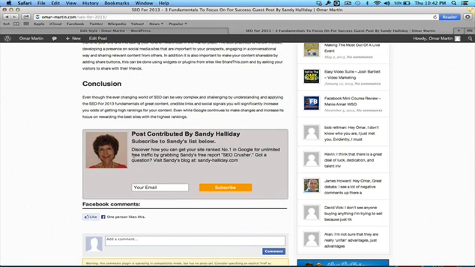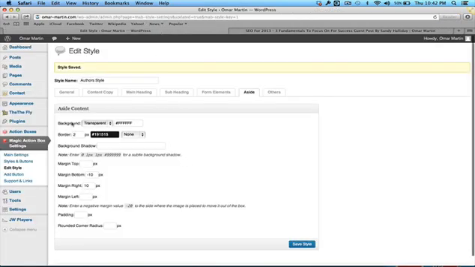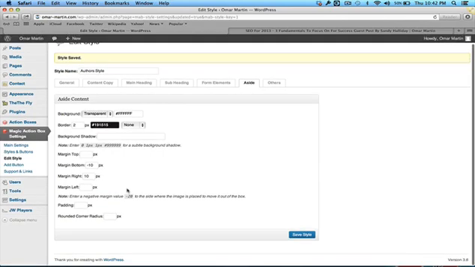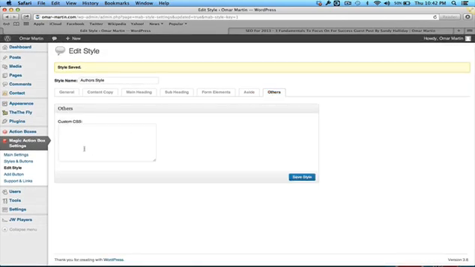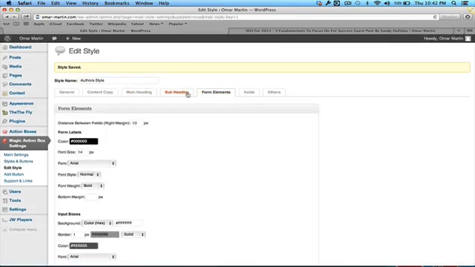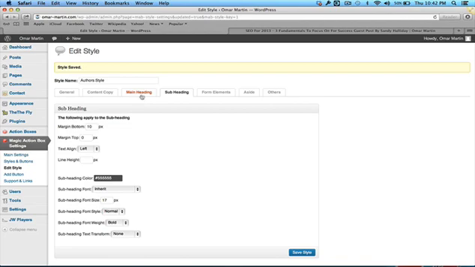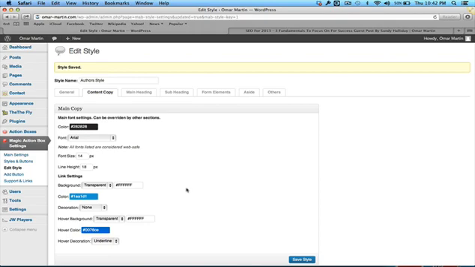And it's not changing, so I must be doing something wrong. There must be some other setting here that I'm probably overlooking. But again, you can play with this, and you can even add custom CSS. So if you don't want to use their specific settings, there are lots and lots of little things to play with. As a matter of fact, it took me about 30 minutes of messing around with it to get it to look the way that I wanted.